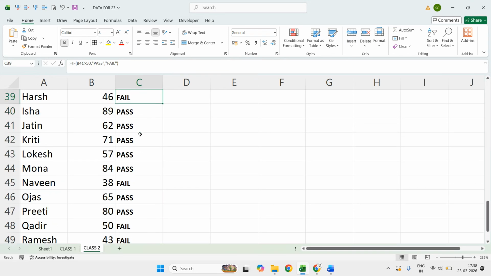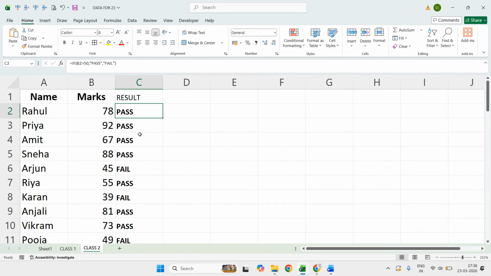So by recording macros, what can you do? You can actually automate your task, you can reduce your work effort, you can save your time by recording the macros and then applying that same thing into some other sheet or some other part of the Excel. In this way macro can help you to reduce your time, it can help you to get your work done in less amount of time, it can actually save your effort.